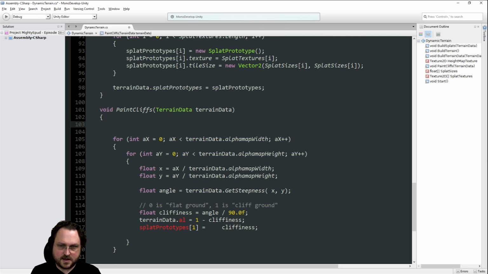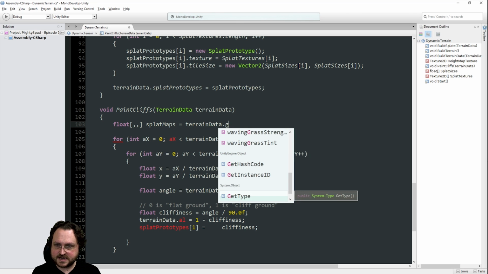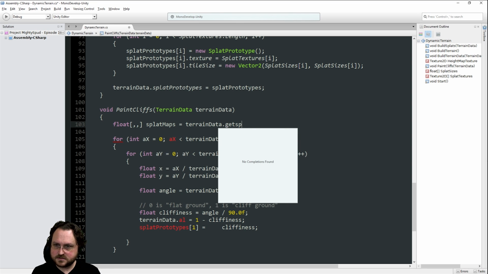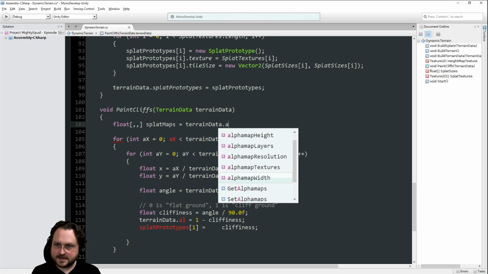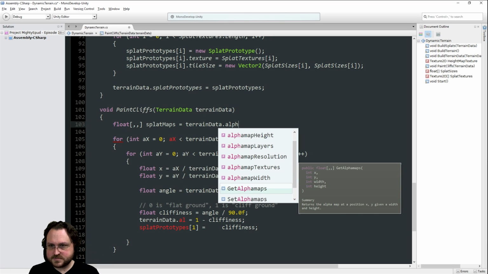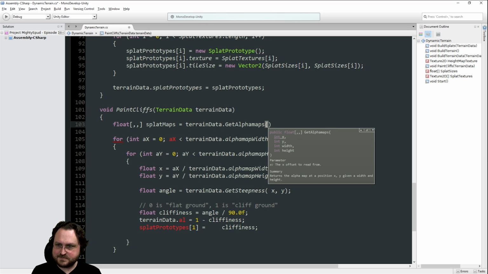Instead, what we need is a triple array like this of splat maps, which is terrain data dot get. It's alpha, actually. They're called splat prototypes, but then it's the alpha map. So we're going to get the alpha maps.